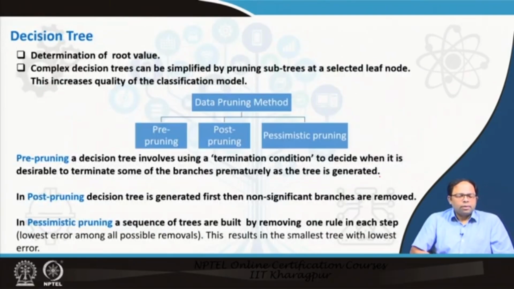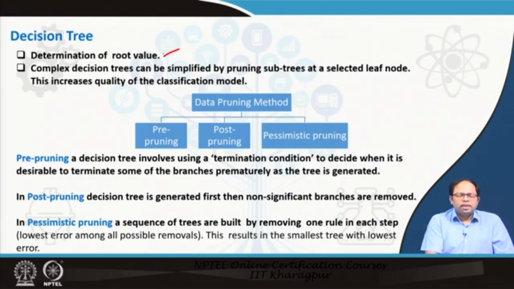models. Now, when we start making a decision tree, one of the first things is to determine what should be the root value. That means, how do we arrive at that question, what has to be asked, so that the decision tree is split in the proper way. And not only the root value, subsequently, if we ignore the top root, then again the decision node becomes the root for that particular subset of data. So there again, what questions should we ask? There has to be a strategy to that.